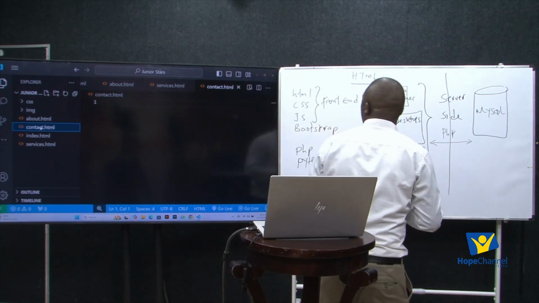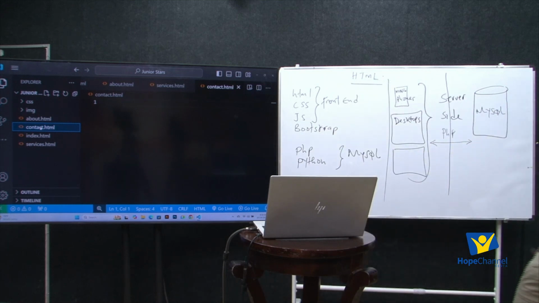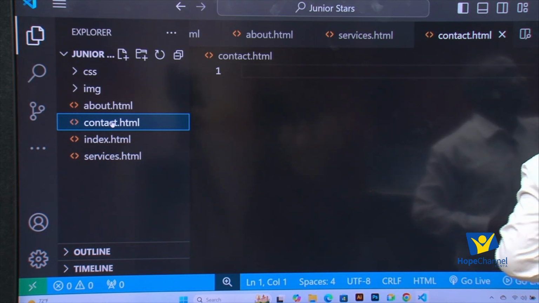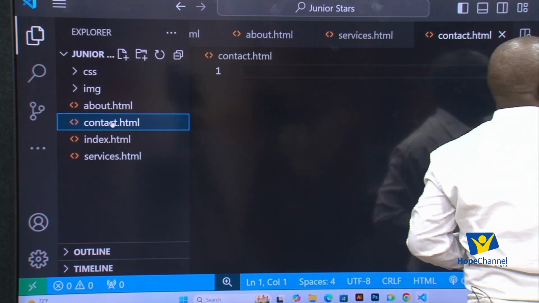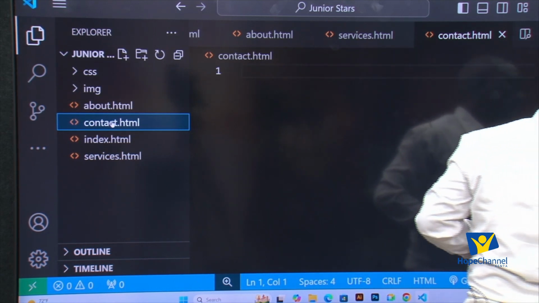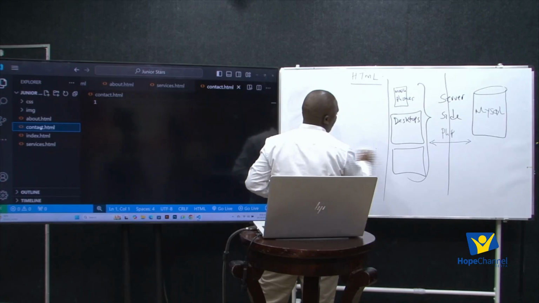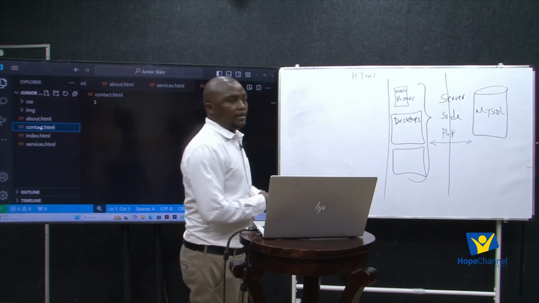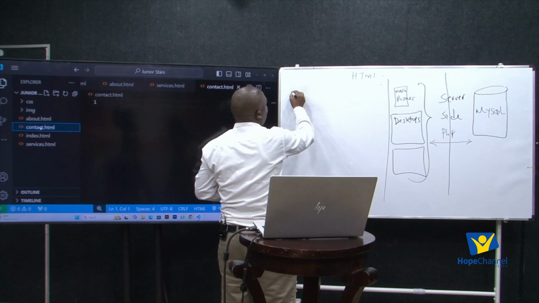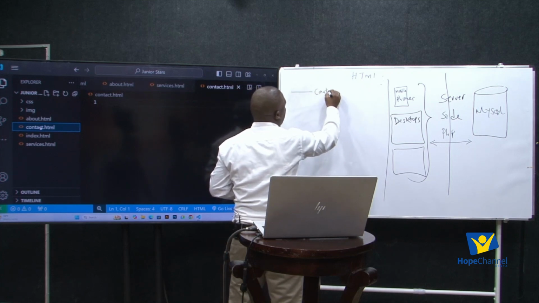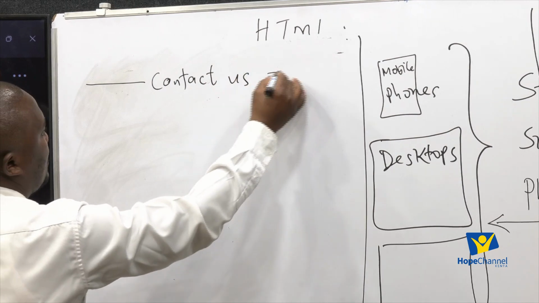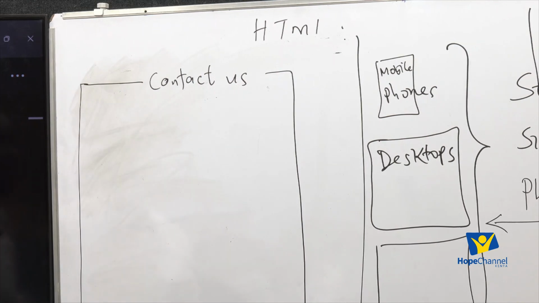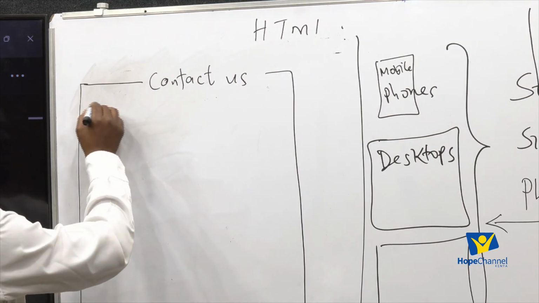So let me create what is expected. Let me create a rough figure of what is expected of us. So this is what is expected of us. We may have something like this: contact us, something like that. Then we'll have something like this: enter